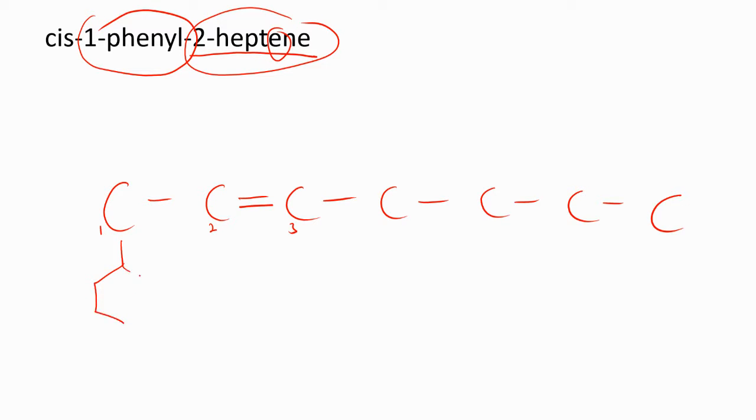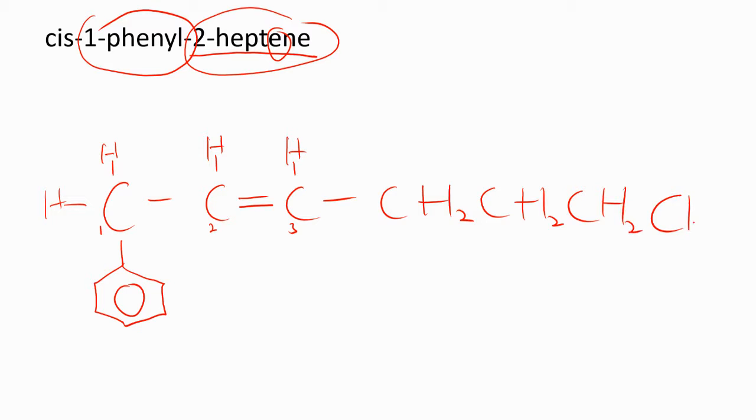1-phenyl. Okay, so we are done with this. Now we just complete it with the hydrogen. So we will have 2 hydrogen here. 1, 2, 3, 4. CH2, CH2, CH2, CH3. Now there's a very special word here that is